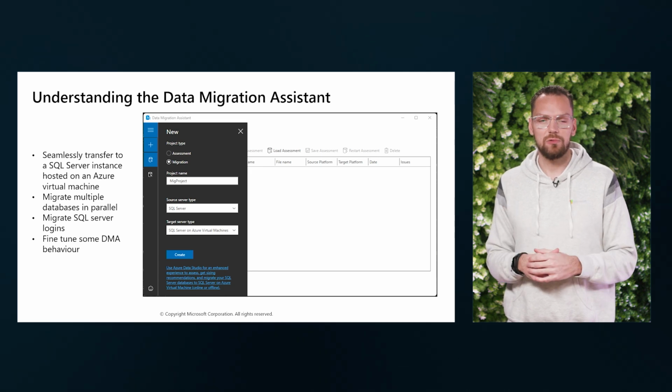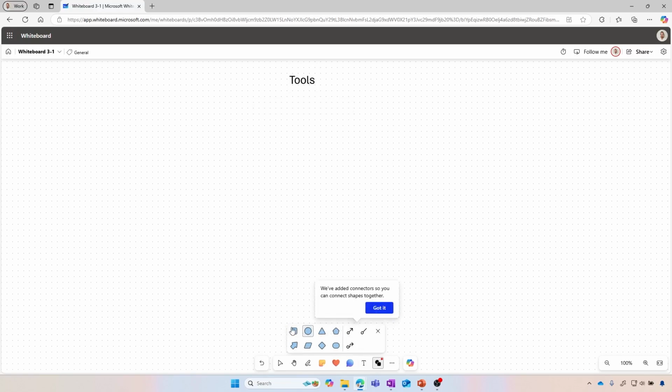Let's have a discussion on the whiteboard about the different tools available. All right, so when we talk about the tooling for the migration, it is interesting. There are multiple tools available. Now, again, those tools have some similarities and some differences as well. Actually, we're going to be discussing 4 different tools.